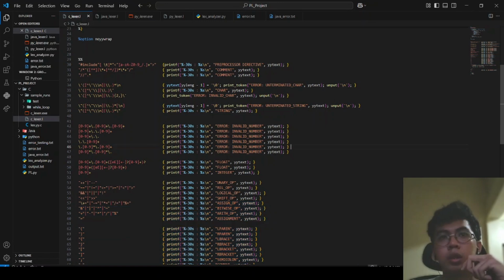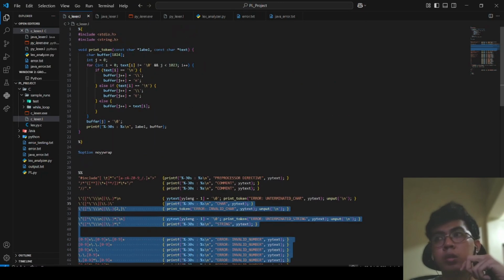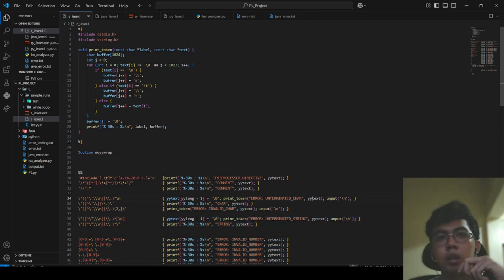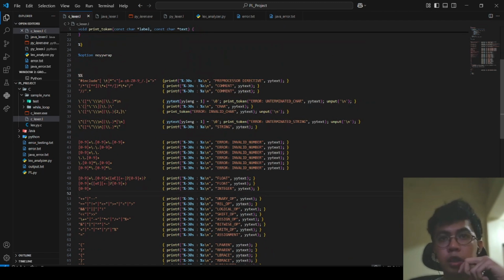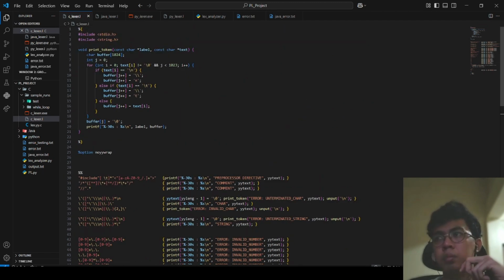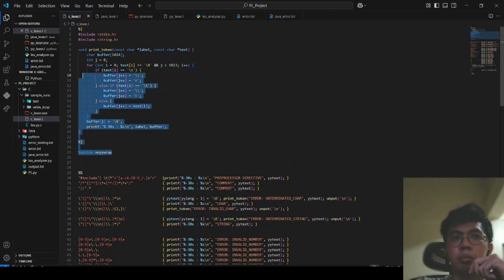It gives a clean and easily distinguishable formatting of the actual label of the token and then the value of the token.